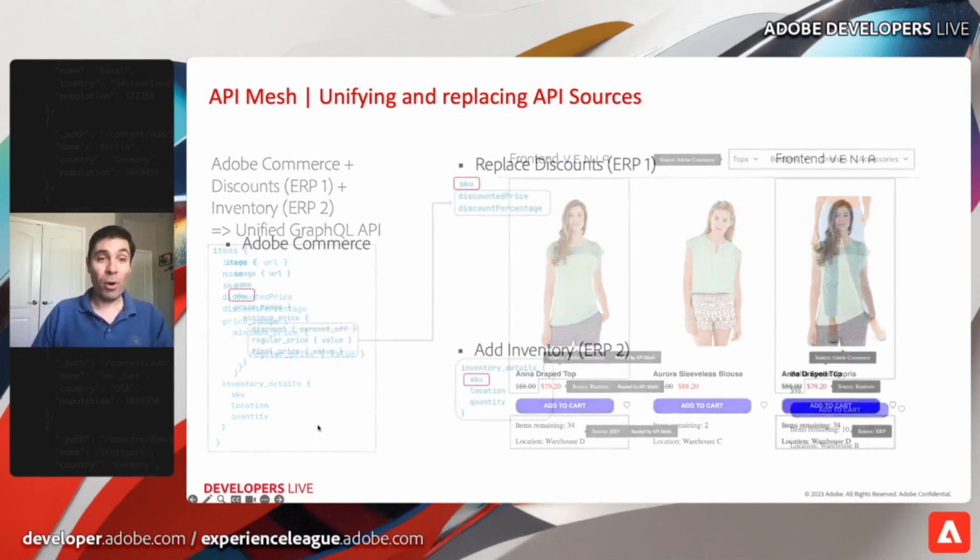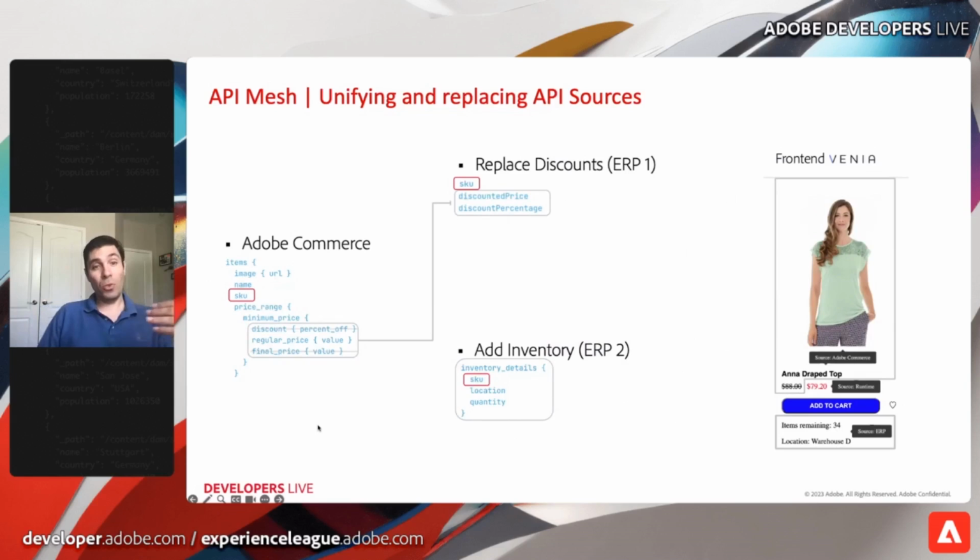Before API Mesh, this used to not be possible. Our API was like this. The original one contained just the commerce discount. It did calculate the final price, but it had no idea about the ARP1 and the ARP2. So how do we make them actually work together? We need this